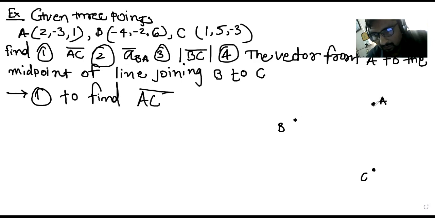So this vector you have to find out. First of all, you need to find this vector. Now you have the coordinates of A, you have the coordinates of B. Simply calculate that. Yes, you have point A, you have point C. You should be able to calculate the vector. So without waiting for me, you can start solving this and find the answer for this AC bar.